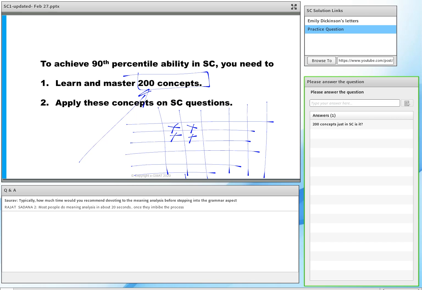So when you say 200 concepts, it's essentially a matrix of these sentence structures with the core concepts. And the beauty of this is it's not 200 distinct concepts. They're very related. There's a lot of logic that goes into it. So that's what makes them, if you approach them in a logical way, that's what